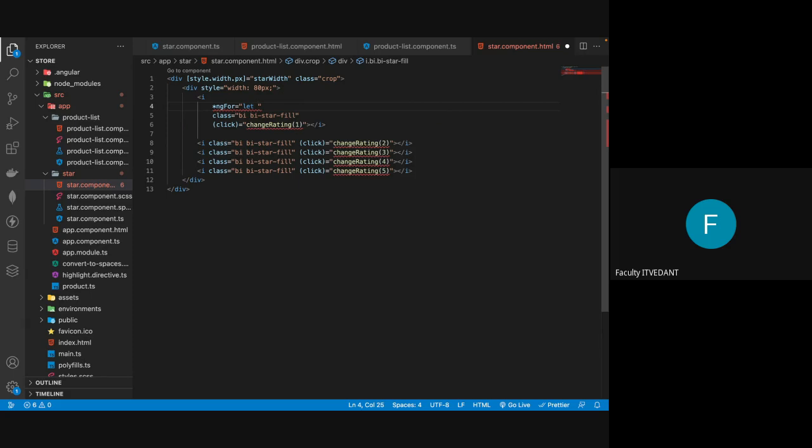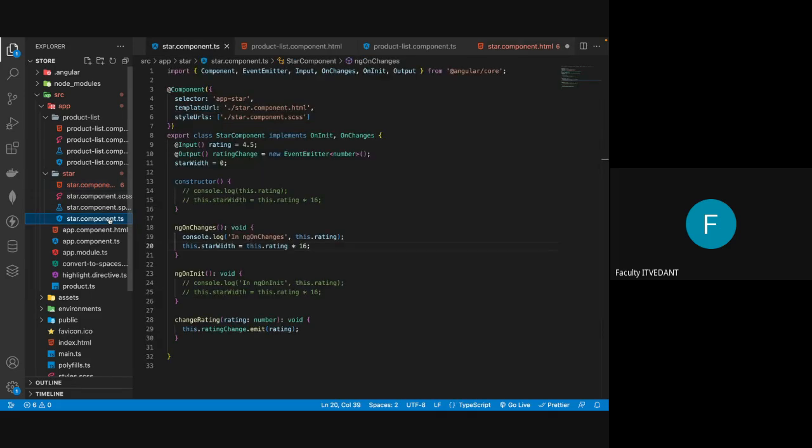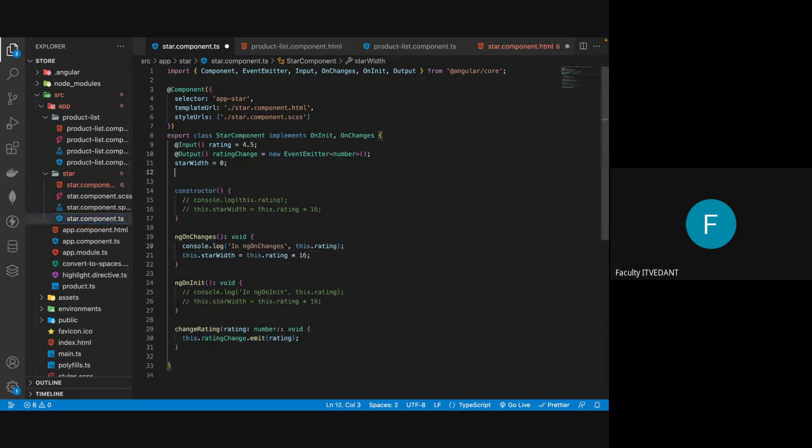There is no array here. Maybe we can use a range thing. There is no function called range in JavaScript. But we can use one variable, let's say